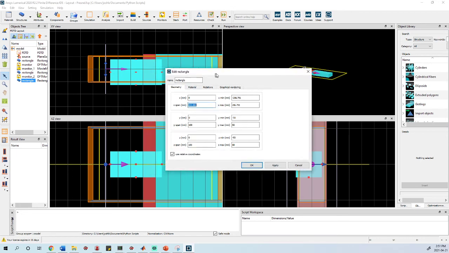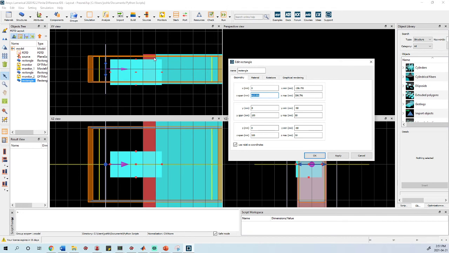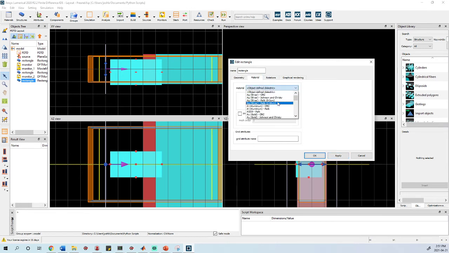And as for the thickness, okay, so I just need to think about the geometry for a second. All right, so we have our silicon layer, which is 100 nanometers thick, so it goes from 0 to negative 100. So we need our X maximum here to be negative 100, and our X minimum. So let's make this a thickness of 50 nanometers. All right, so we want this to be a 50 nanometer thick gold particle. So we now go into material, and we're going to click on golds, and I'm going to say gold CRC. Actually, no, gold Johnson and Christy. That's a good model. Click apply,